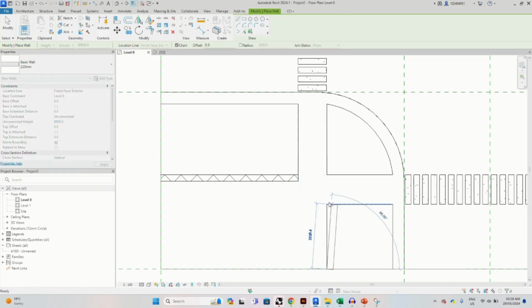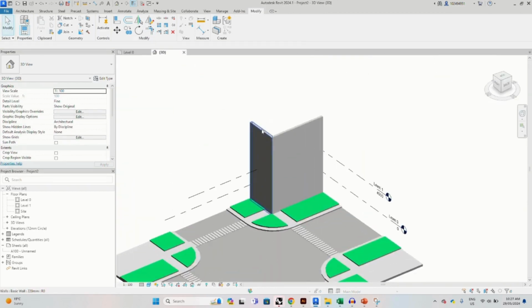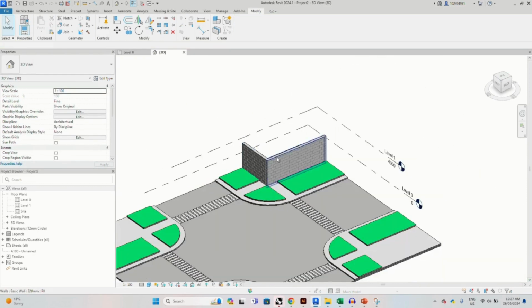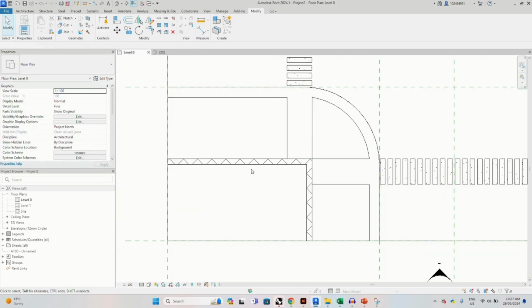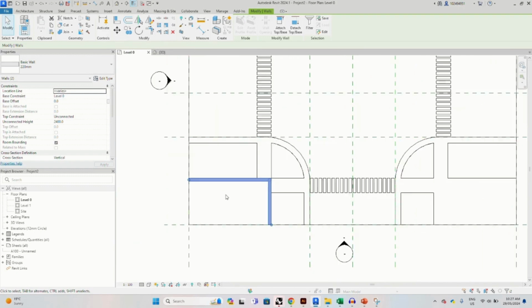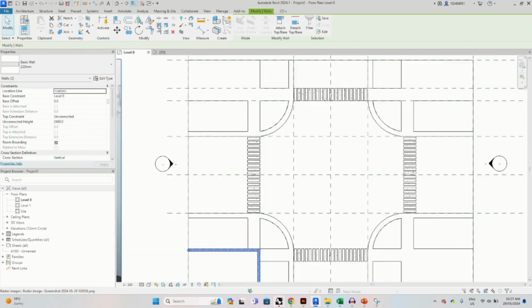So here again I can just draw, maybe picking interior, and once I'm happy with where it sits I can just trim and extend it. And if we went to 3D view, this looks like a very high building, so maybe give it like 2.4 meters. And once I'm happy with that, let me just check it. Yeah, once I'm happy with that, I can just